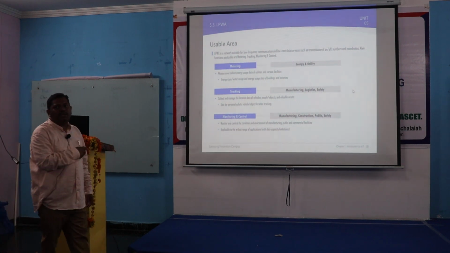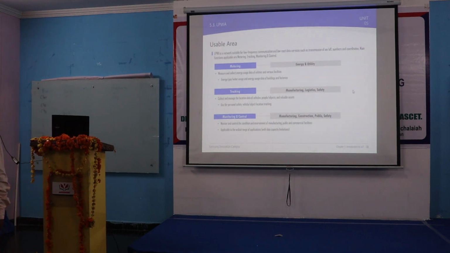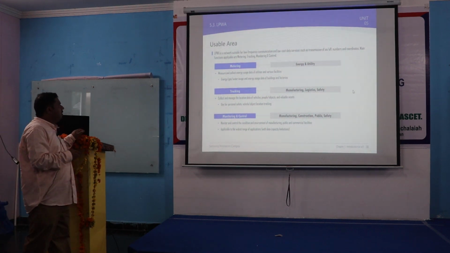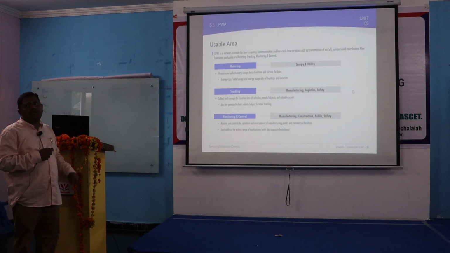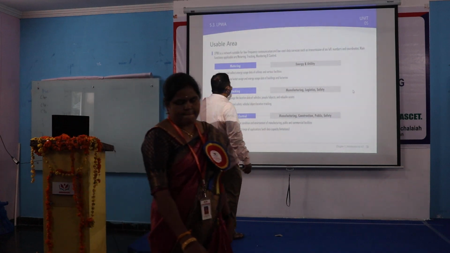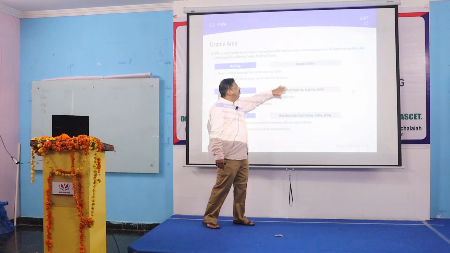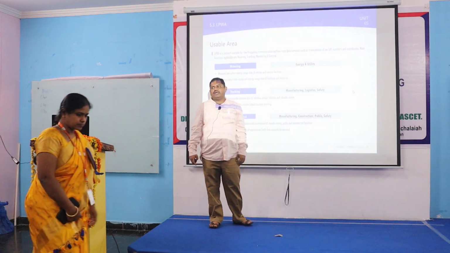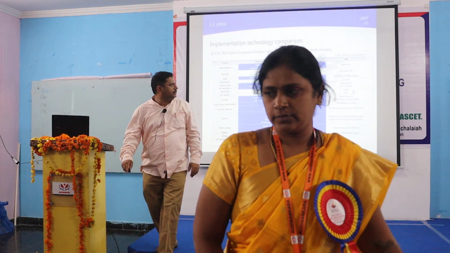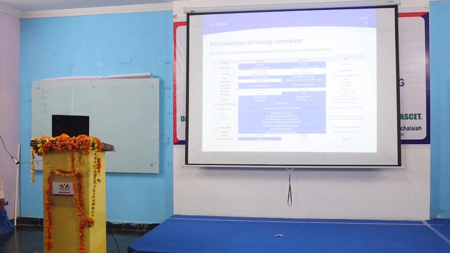It depends upon the usable area, where we can use what kind of frequency and what kind of devices, for public IoT and private IoT. There we have to look into the metering, tracking and monitoring, and control. So we have to classify them into these requirements: metering, tracking as well as control. Accordingly, we have to develop the respective devices for the respective application. So the implementation technology is the same thing for low power wireless access.